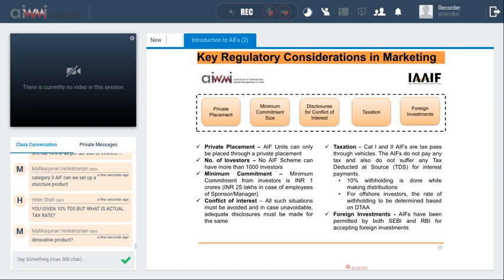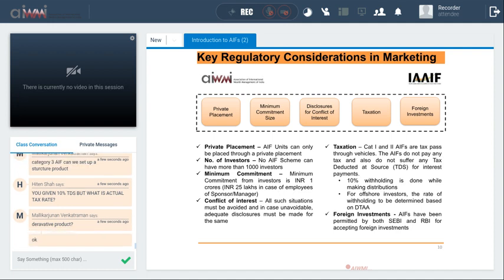There are a lot of long short funds, for example, in the category 3 space, which target an absolute return irrespective of what the markets are doing. In fact, the bulk of the AUM within the category 3 AIF are long short funds, which employ a lot